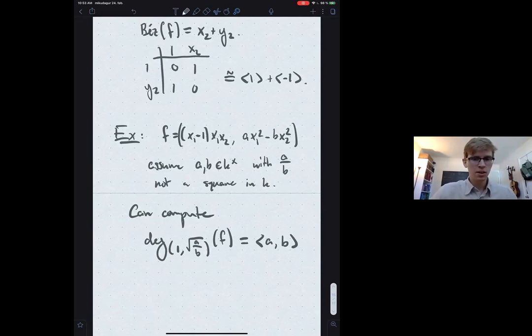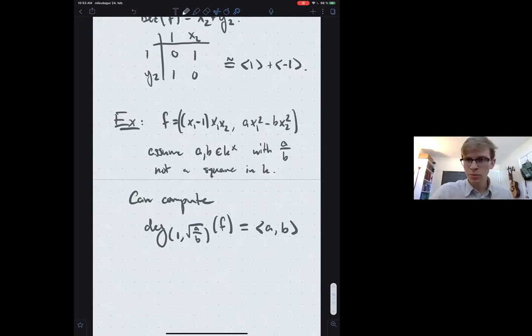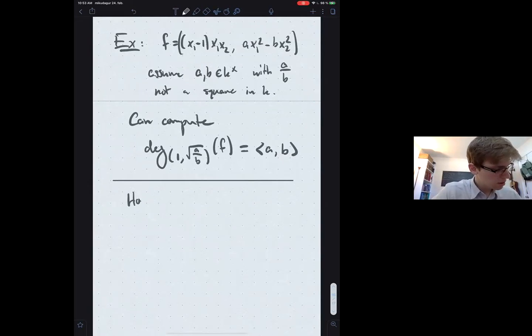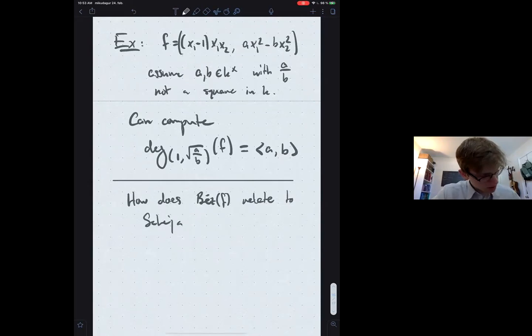Okay. Great. So I've just got a couple more minutes. Let me spend a little bit of time talking about how we, maybe I'll show why the Bézoutian relates to this Scheja-Storch form, because I think that's one of the places where, at least for me, it was exciting to see this connection. So how does this Bézoutian relate to Scheja-Storch eta?